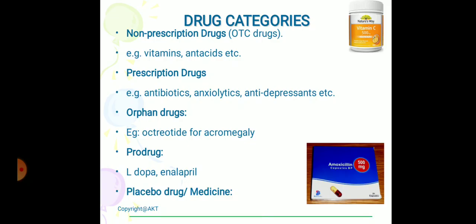Placebo drug or medicine. Placebo in terms of a drug, in guise of a medicine. That's the meaning of placebo. Placebo drugs means the drugs which are given in guise, G-R-A-B, in guise of a drug or medicine, which do not have any pharmacological actions,